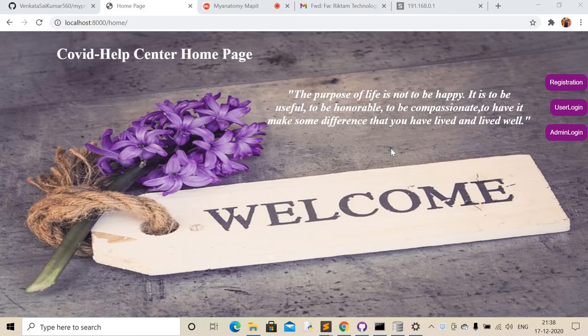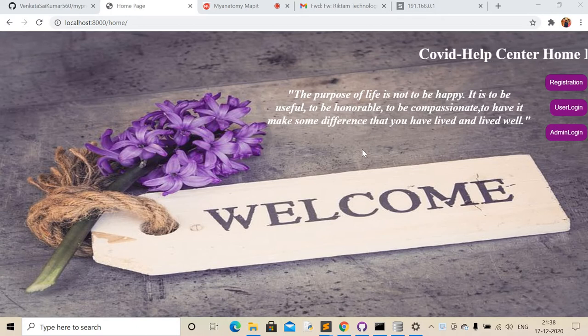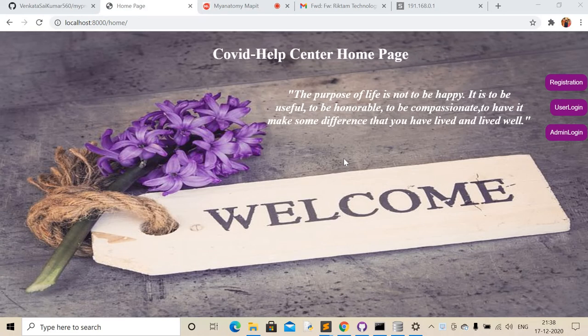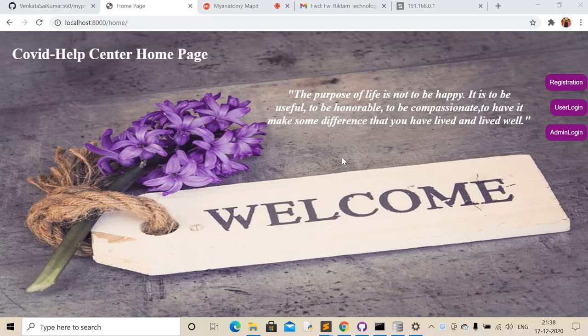I am here as a part of my hackathon where I need to create a web application according to the given problem statement. So this is my first hackathon. The given problem statement was, as we all know, in this pandemic situation there are many people who got stuck in different locations. So there are some difficult challenges they are facing now. They are in need of many basic requirements like blankets, etc.